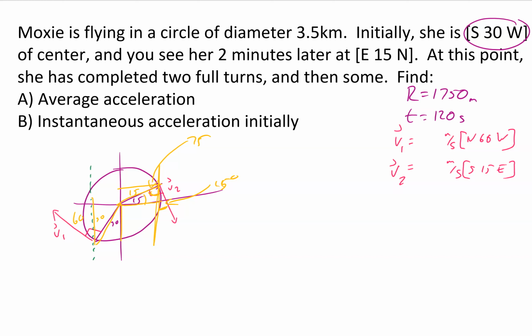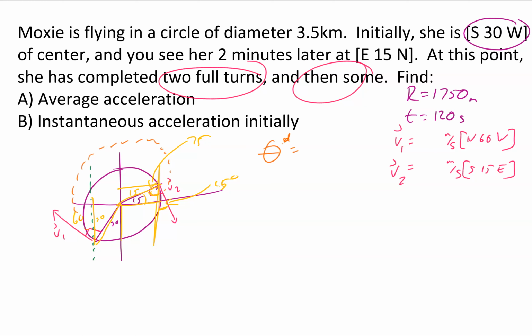So from here, what we need to figure out is what these velocities actually are, because we don't know. But we know we're producing 2 full turns and then some. And what does "and then some" mean? Well, it means when you're traveling from here all the way over to here. So that's like most of a circle, but not a whole circle. So how much is that actually? Well, from where we started,